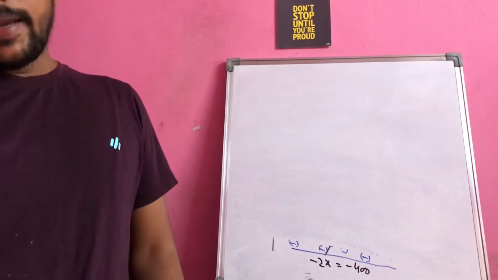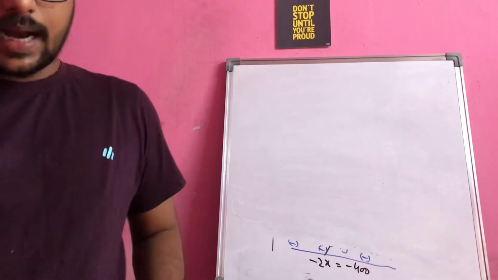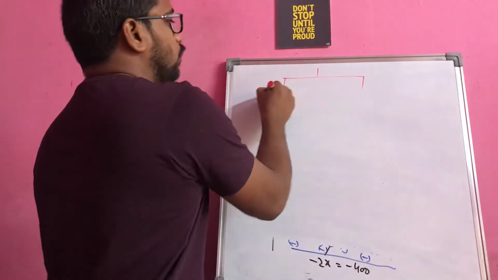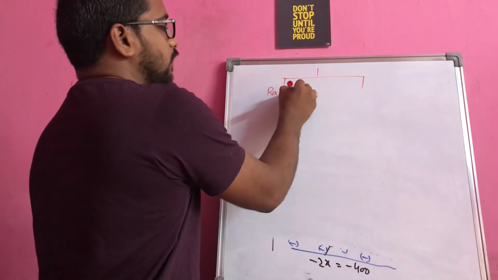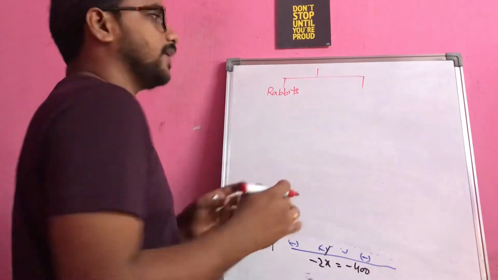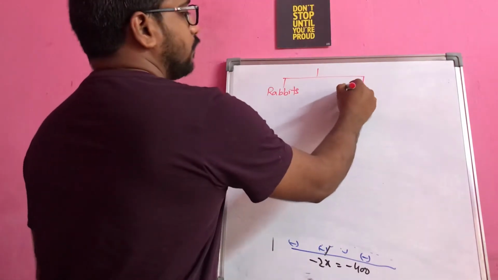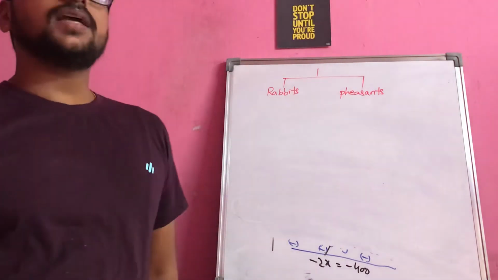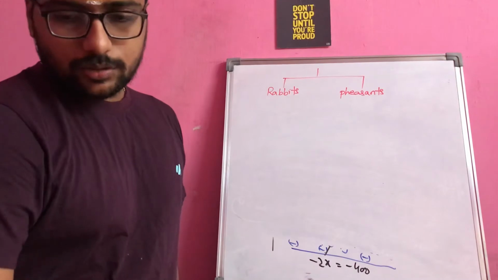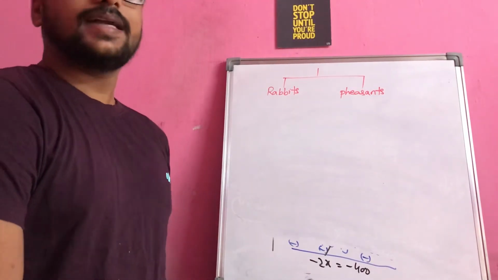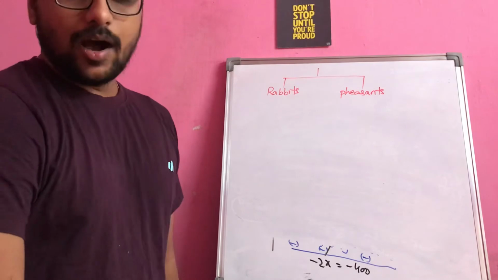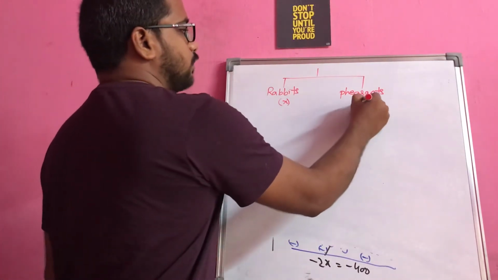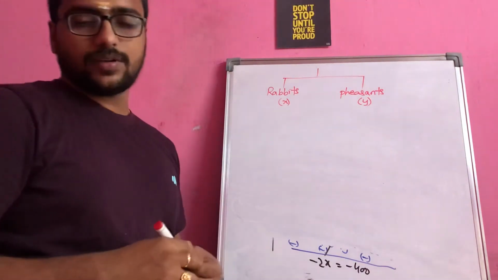Now see this. In a den, there are rabbits and pheasants. We have again two animals here. One is rabbits. Den means it's a small enclosure of that type. Rabbits and pheasants. Pheasants you might have heard, these are nothing but game birds, right? So you see the question, they have between them 35 heads and 98 feet. How many rabbits and pheasants are there? Obviously whatever we have to find out has to be considered as variables. That's why I am taking x and y.